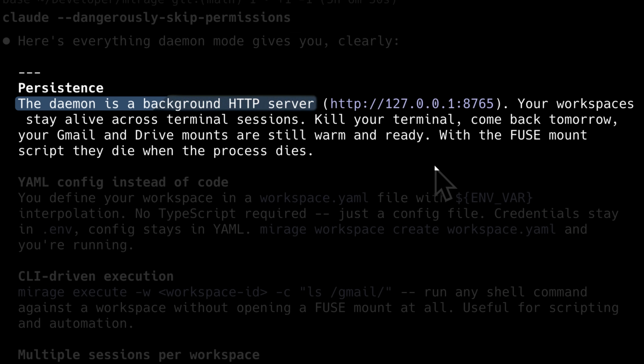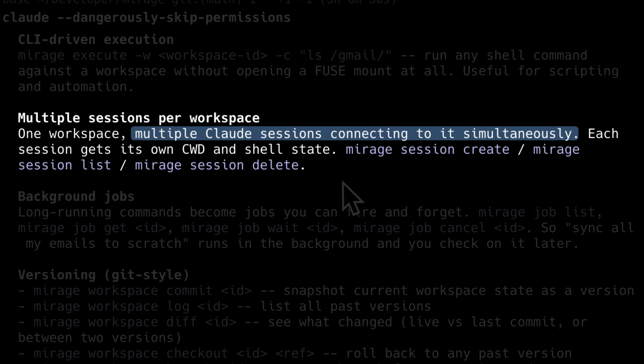Mirage fixes its own problem with a daemon that turns it into a persistent background server. You can have multiple workspaces running at the same time, they can be named, and each one starts in whatever mode you want. But let's say you don't want this on your local machine, or you work across multiple machines